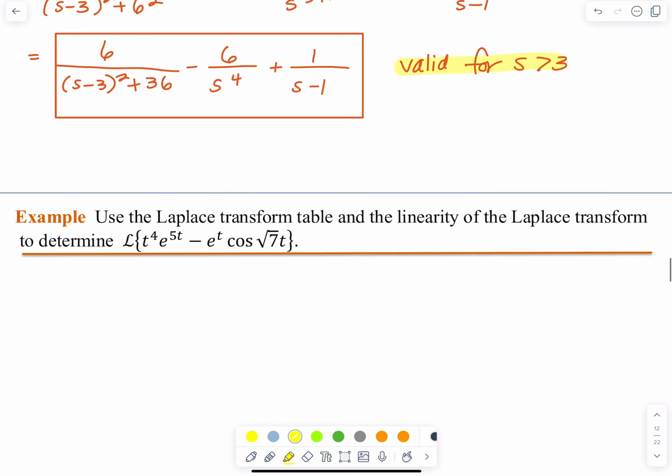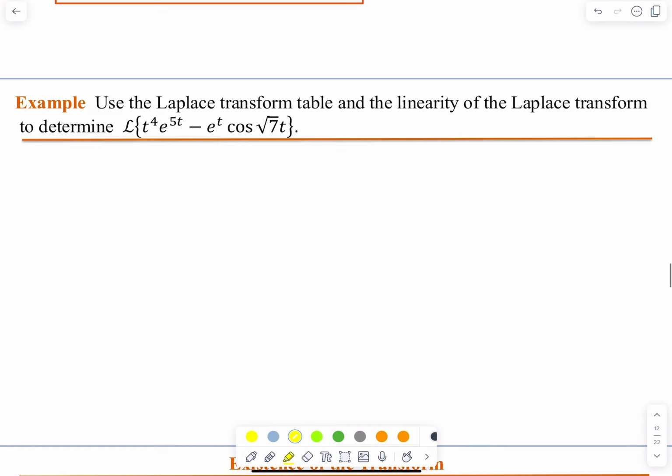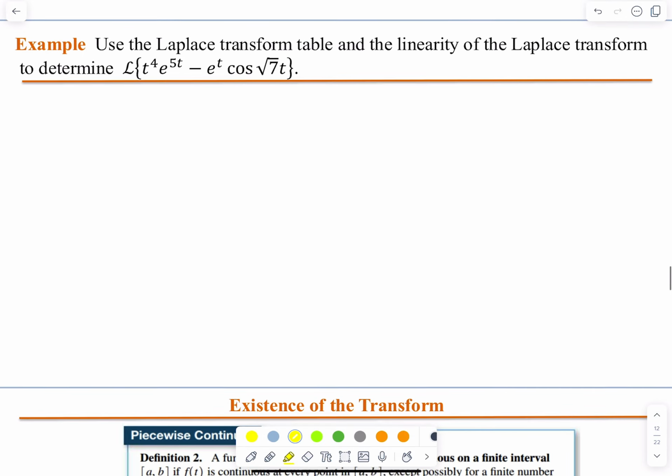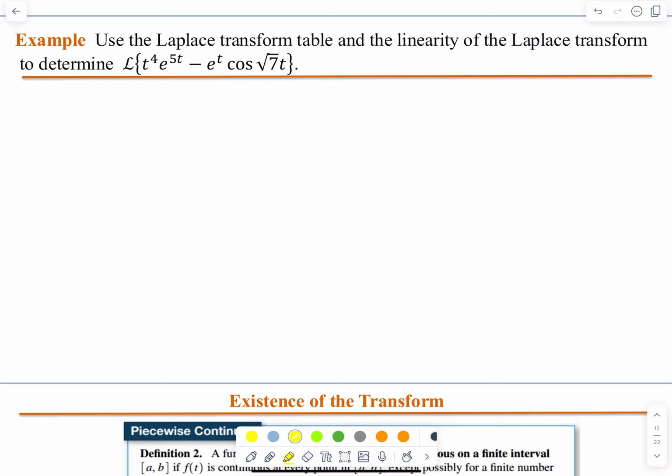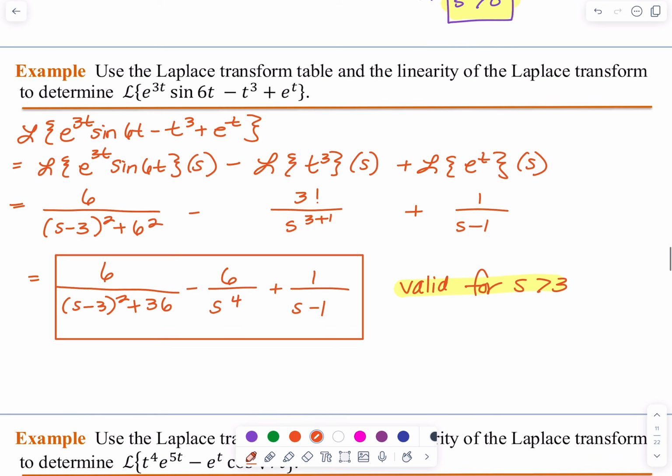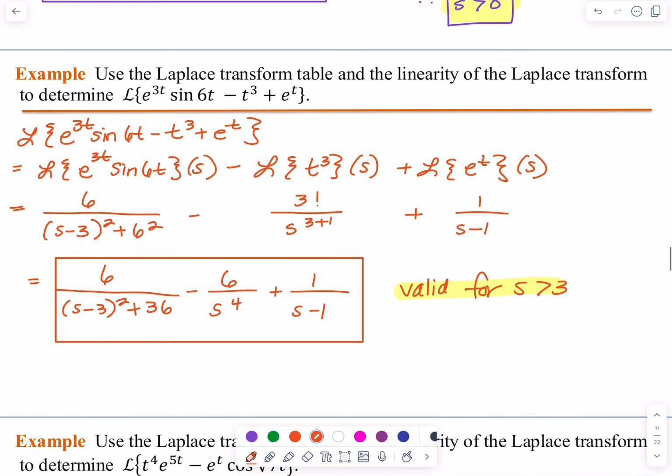Okay, let's try another example. Use the Laplace transform table and the linearity of the Laplace transform to determine the Laplace transform of this function. So what we have here is that the Laplace transform of t to the 4th, e to the 5t minus e to the t cosine of root 7 multiplied by t, and I think I should have put this of s here,